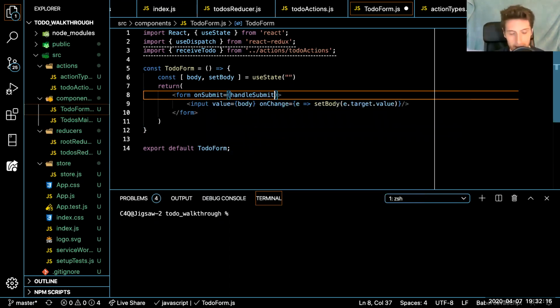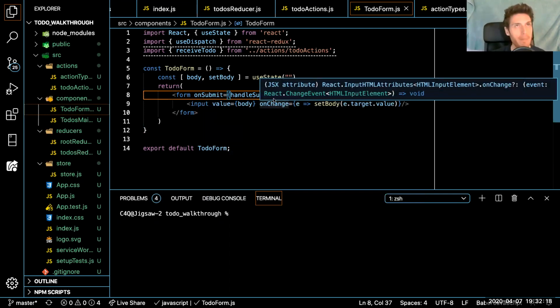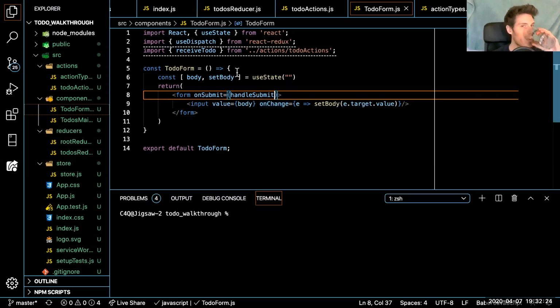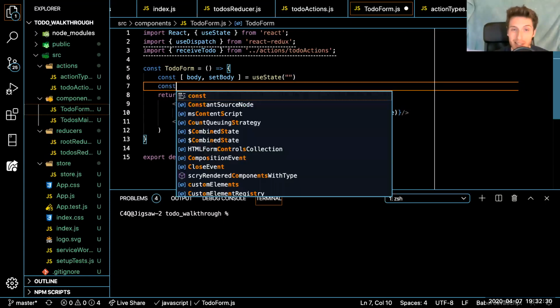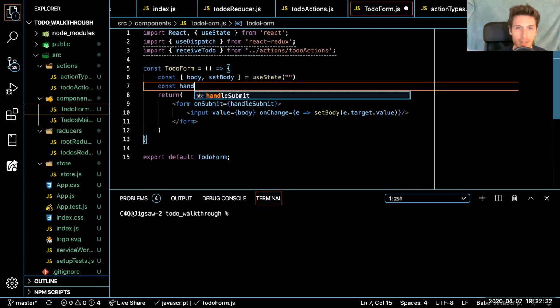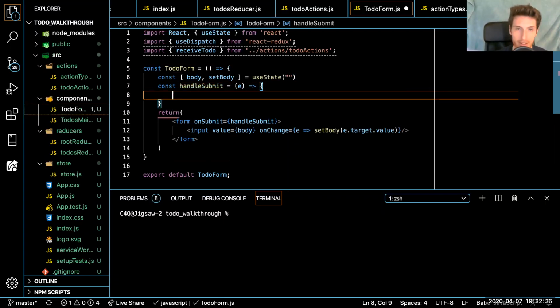Right. So a lot of this, even this, feels like boilerplate code because we've done so many of these forms. Should prevent it. Right, if you'll notice, they're all conceptually the same, right? They really are pattern driven. Hopefully you're starting to pick up that pattern. And so we'll prevent our default. And then